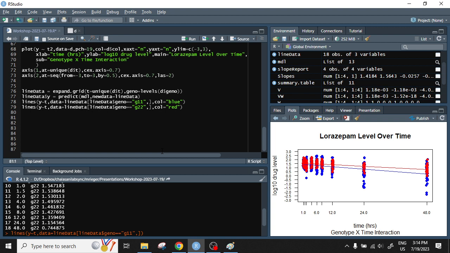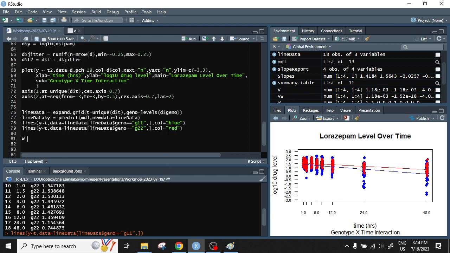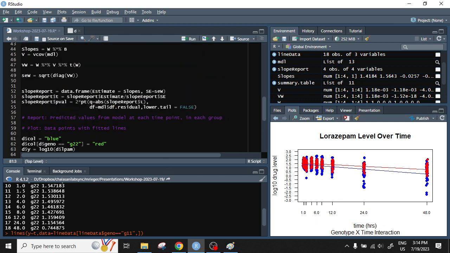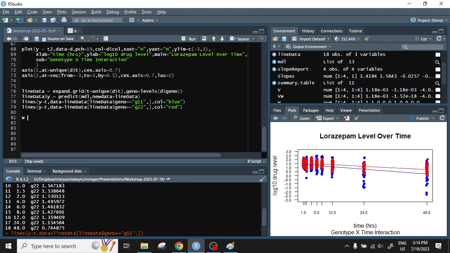Remember that if you make some sort of matrix W, this is how we found the standard errors for the slopes and stuff like that. We had some matrix that extracted the slopes and we multiplied it by this variance covariance matrix, and that's how we get the standard errors. So if you said that W equals, again, not type, I'm just showing you, if you use this model matrix function,